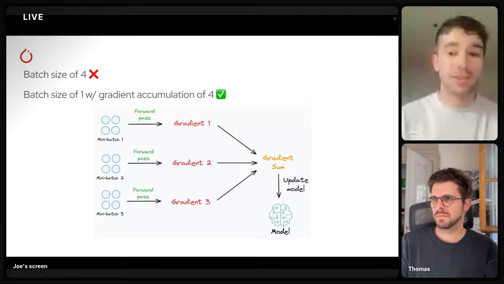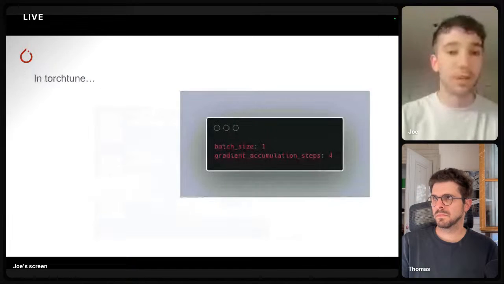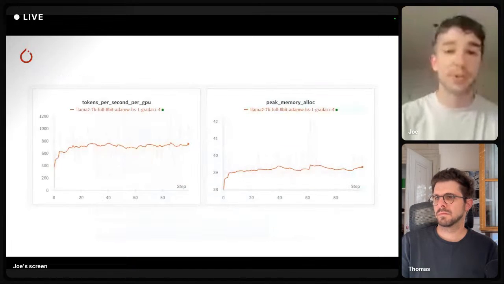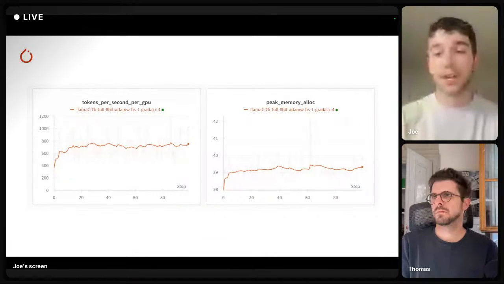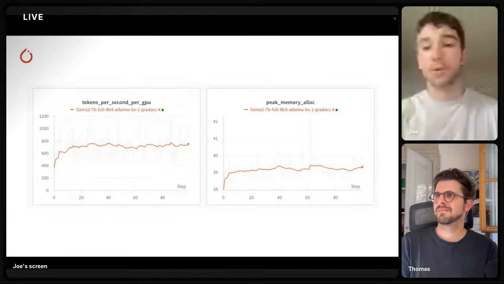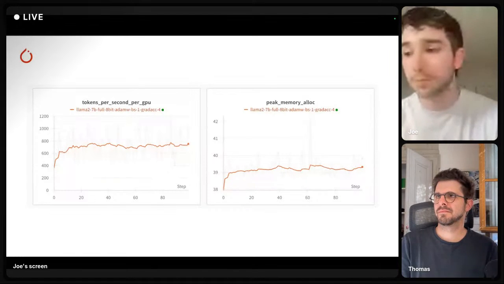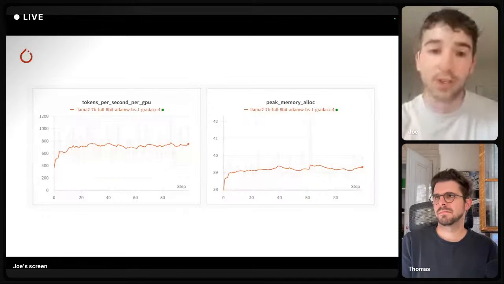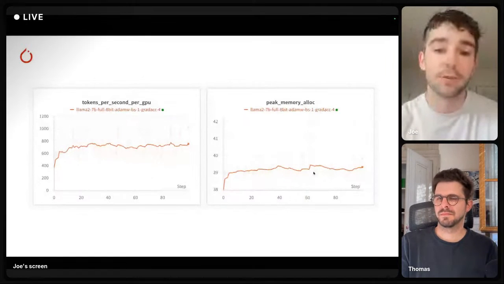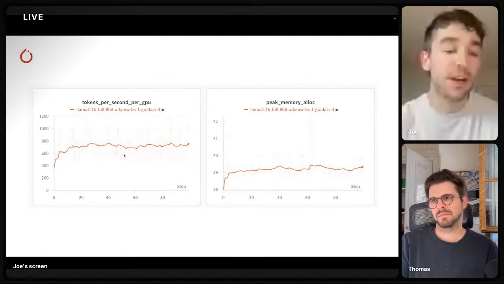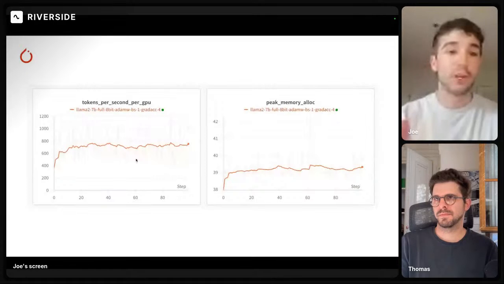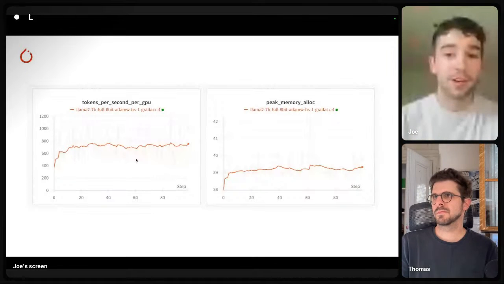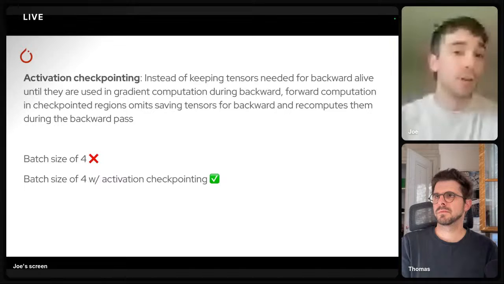So we have gradient accumulation, pretty easy to enable in torchtune. And we see here, taking a look at another weights and biases log with Llama and 8-bit Adam, we are just under the 40 gigabyte limit here, and still decent tokens per second. So we pulled on this lever and things seem to be training. But that's not the only weapon that we have. We can